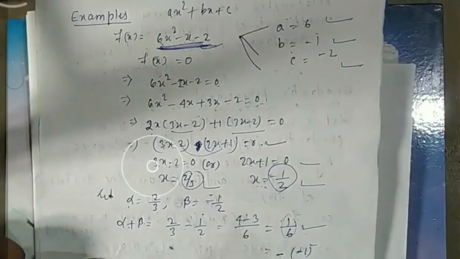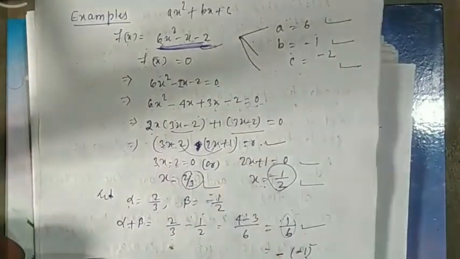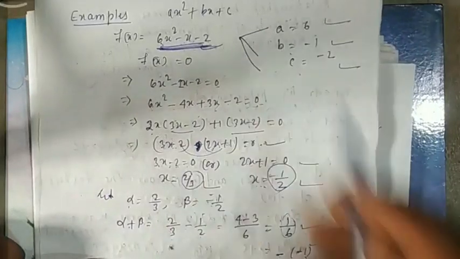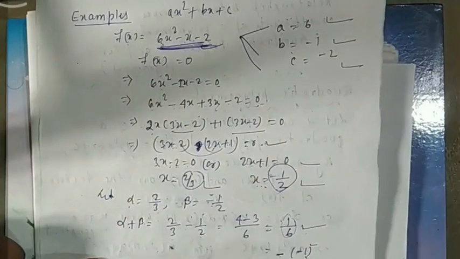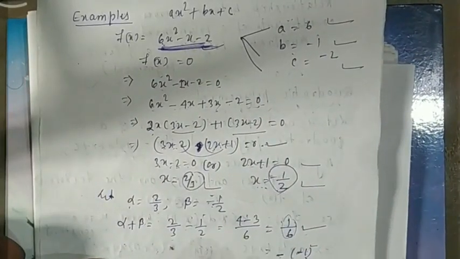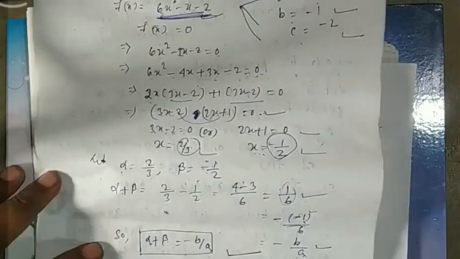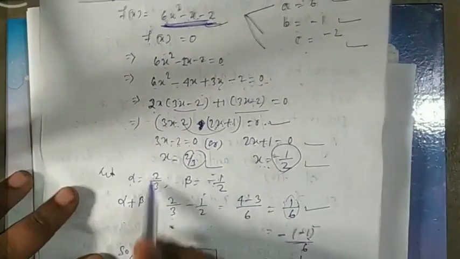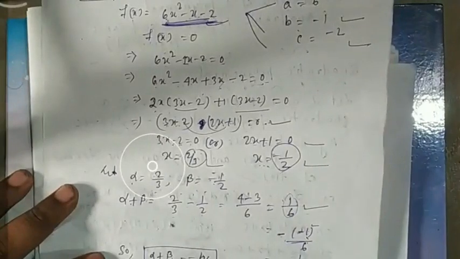So here in place of minus 1 you can write b. Here in place of 6 you can write a, so minus b by a. So alpha plus beta is equal to minus b by a. Verified. Similarly alpha into beta is equal to 2 by 3 into minus 1 by 2 is equal to minus